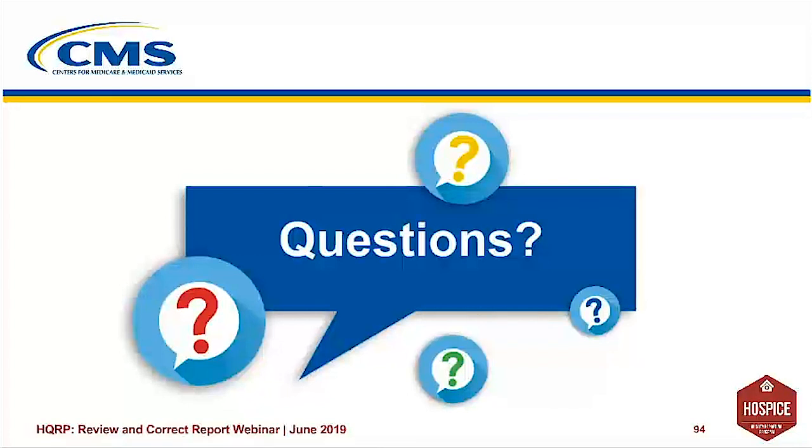Sure. Yes, it's certainly recommended that hospice agencies take advantage of all of the reports that are available in CASPER. There are numerous provider reports serving a variety of purposes, which can be used in conjunction with the review and correct reports and help you identify errors or missing data. The quality measure reports include national average scores that allow you to benchmark and compare. They also allow you to get into more detail about what happened based on what you're seeing in your review and correct and your provider preview reports.